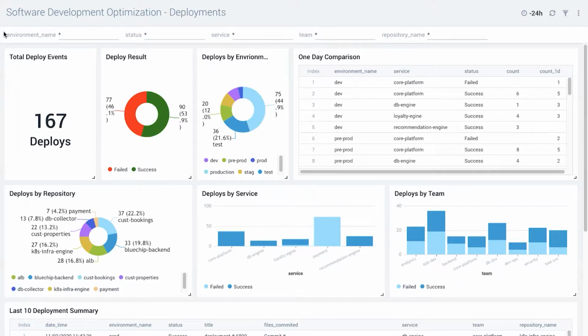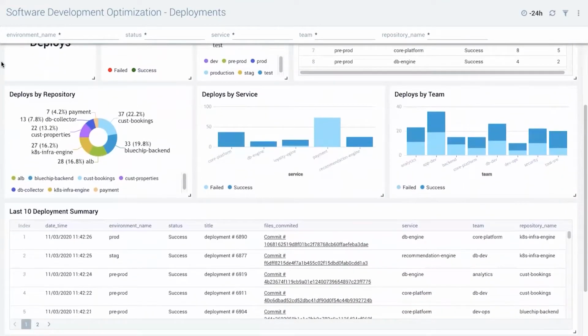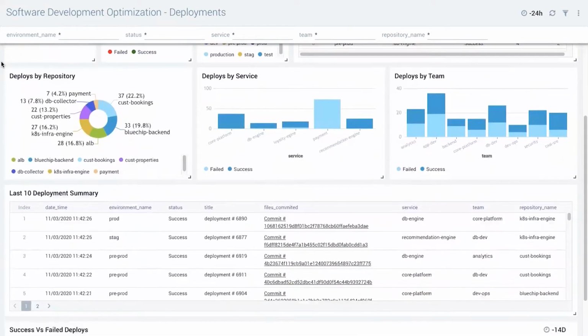or by adding in a webhook to emit this additional context information in your pipeline, Sumo can take all of this data after the normalization process and provide it in the context of filters above. So it's really easy for someone to come in and understand, in this particular example, over the past 24 hours, how many deployments occurred, and what was the ratio of the different results. Same with the environments. You can get a one-day comparison of the count of deployments that succeeded or failed yesterday versus today. And then again, you can cut this data by repository, by service, by team, and then get into